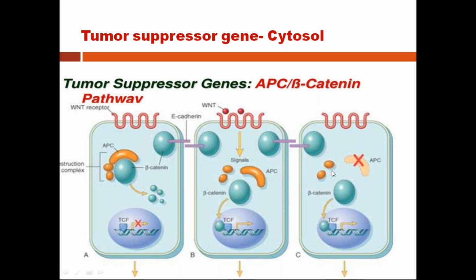There is no inhibitory control over beta-catenin protein. So even in the absence of the growth factor, whatever beta-catenin is left in the cytoplasm, not binding to E-cadherin, gets translocated to the nucleus and activates the transcription factor. Okay, so APC gene, it's a tumor suppressor gene.